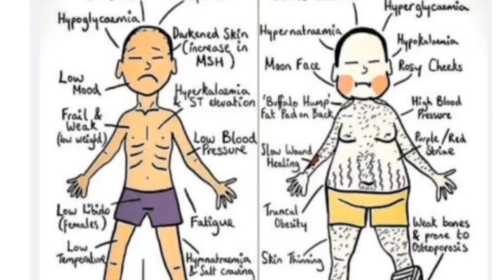Okay? Then you have low libido, right? You have fatigue, hyponatremia. So in Addison, you are having hypo, except kalemia that you have hyper. Then the opposite is the case for Cushing syndrome. So you see low blood pressure, hyperkalemia, hyponatremia, hypoglycemia. Okay, so then you see darkened skin, pigmentation of the skin because of the excess release of